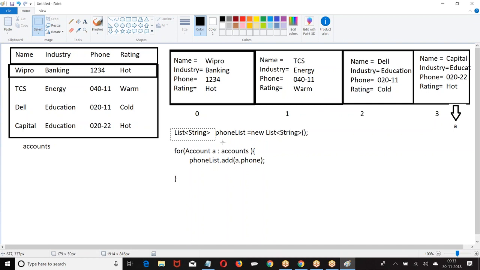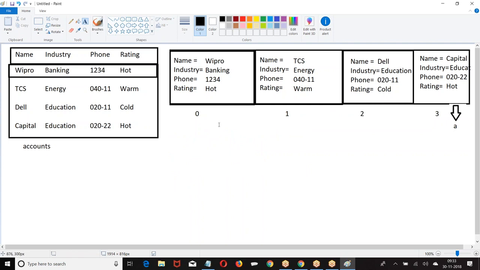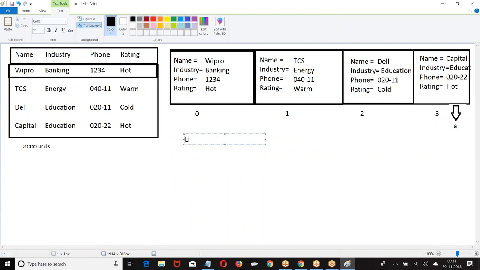So now we are going to get a list of accounts.